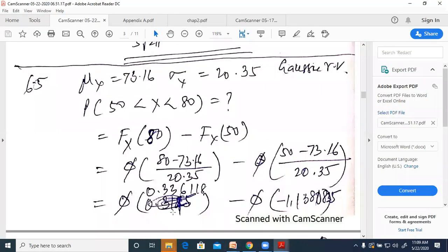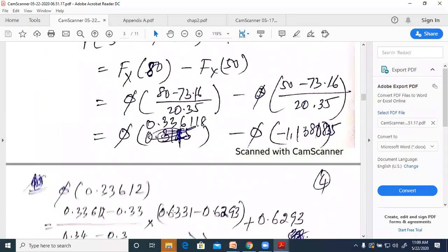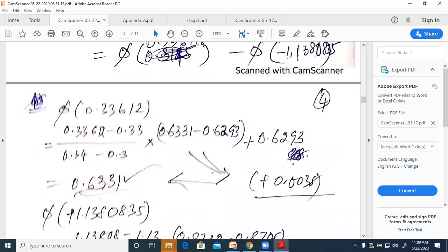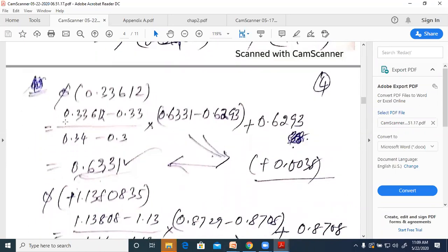Corresponding to that, 33618 is what we have there. And for that, I think I've done some calculations over here: 0.33612 minus 0.33, divided by 0.34 minus 0.3, multiplied by the two values. 0.34, how much is the value? 0.3, what is the value from the table? Both I have written, plus 0.6293, and hence it's turning out to be